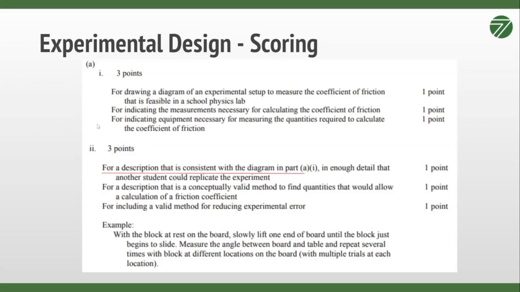Another point for indicating the measurements necessary for calculating the coefficient of friction. Okay, so do you know not just what the experiment should look like, but how to take data out of that? Okay, and then 1 point for indicating equipment necessary for measuring the quantities required to calculate the coefficient of friction. So, have you indicated, okay, here's where the block goes, here's where I'm placing my masses,